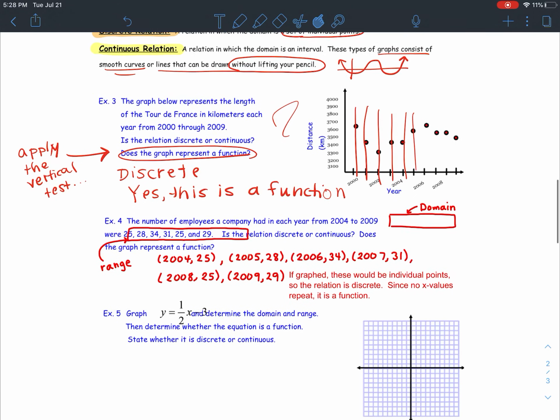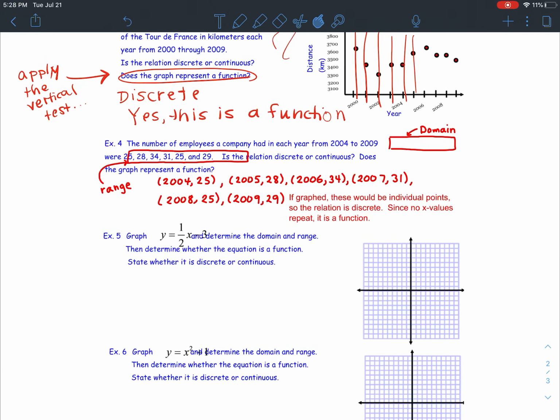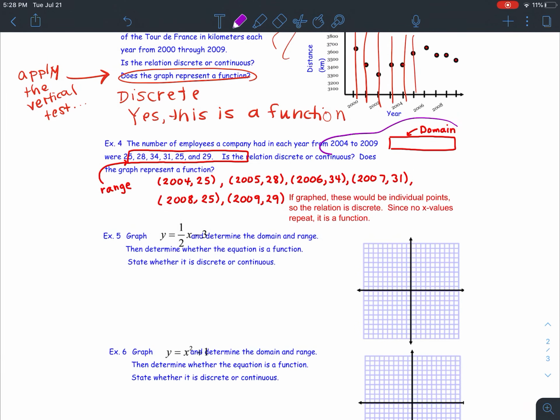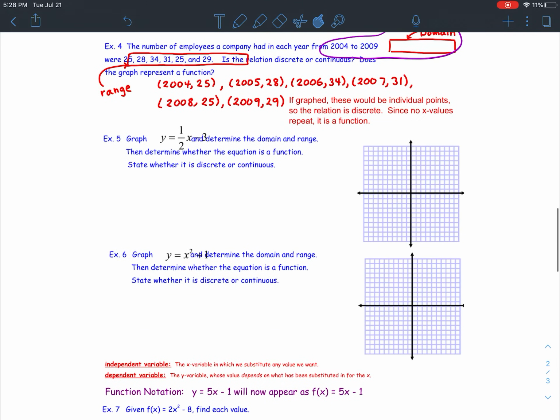Well, example 4, I kind of walked through that one a little bit for you. The domain would be these years from 2004 to 2009. Okay, I'm going to jump on down to these last 2 examples. These last 2 examples, it's asking you to state the domain and the range,